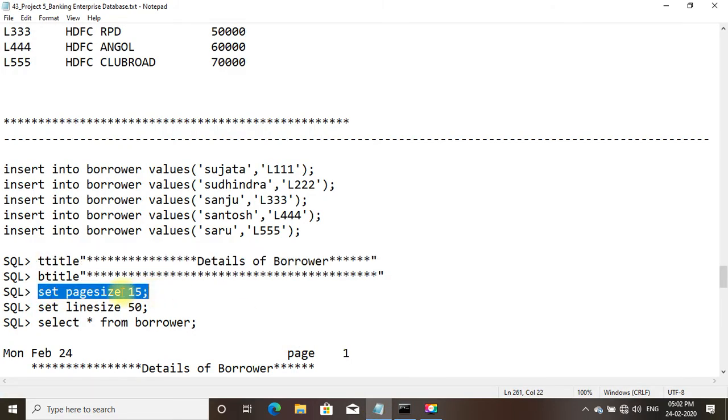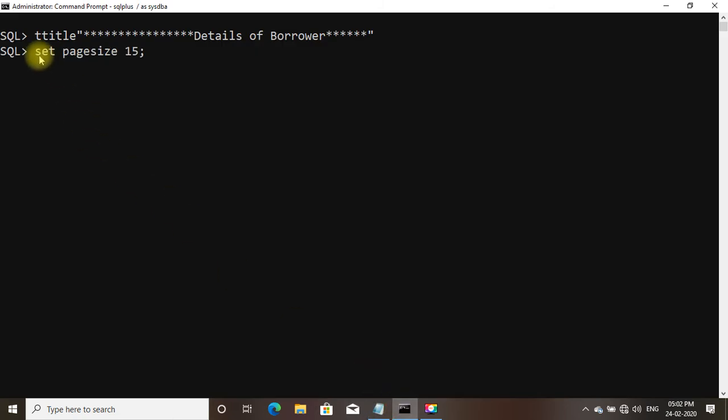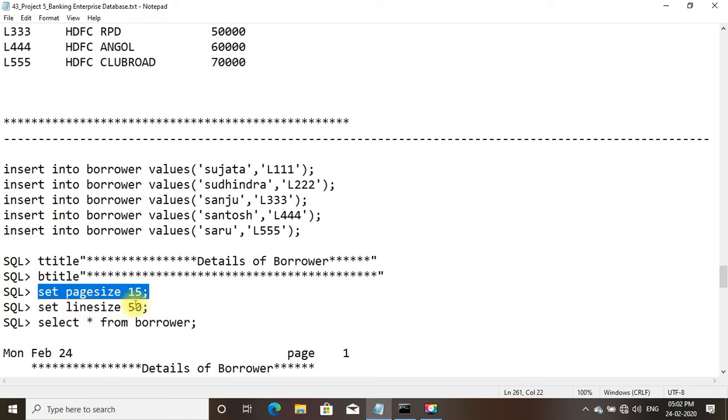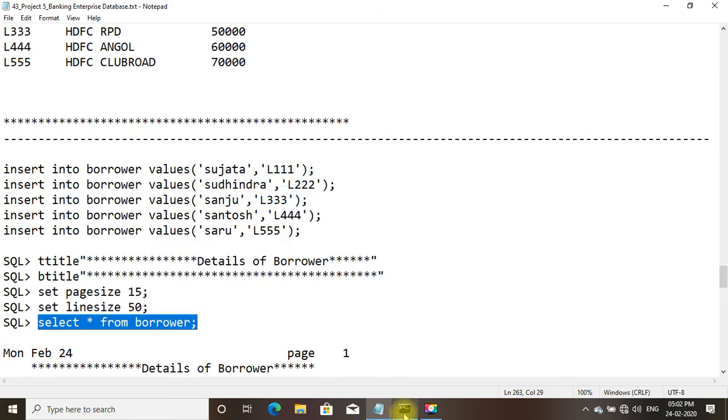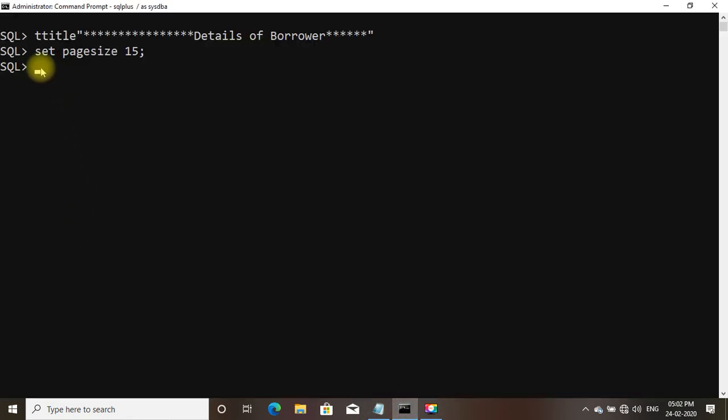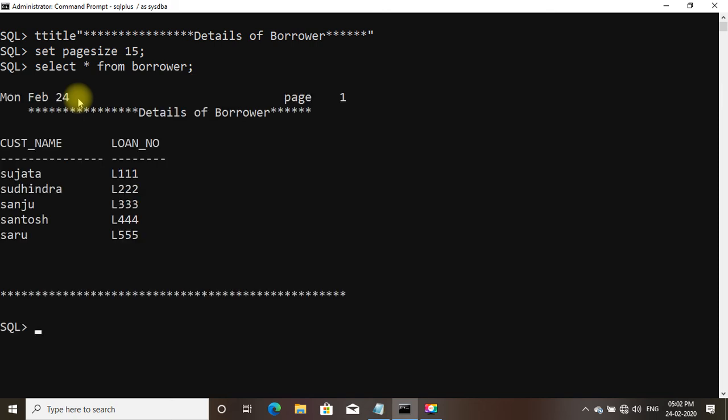We need to set the page size to 15 and line size is 50, so we did not change it. We shall do select star from borrower. So you can see the contents of the table borrower, customer name and loan number.